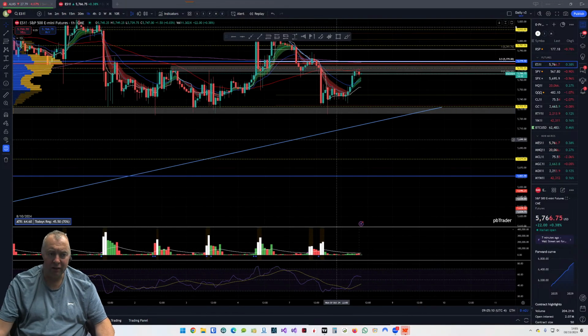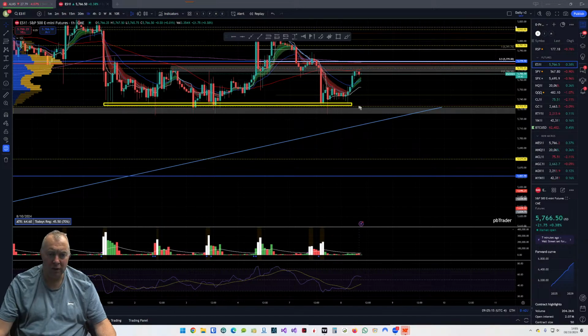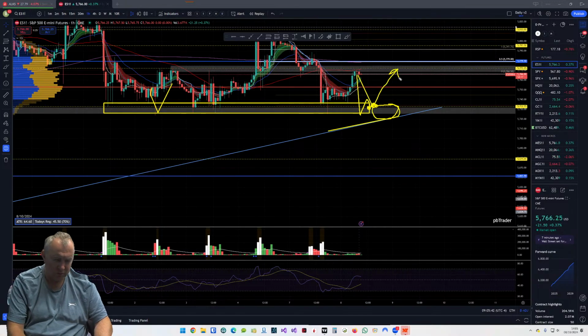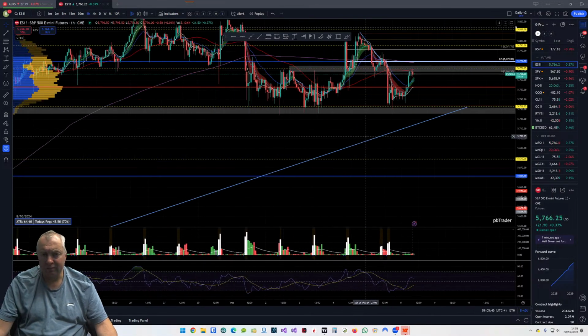If I zoom back out again, you can see we've had a lot of support below. This is an area of demand, so I'm going to watch for a bounce. If we get back down into this region, I'm looking for a bounce. We've got the trend line as well coming into this area, so this entire area is a potential bounce area. What I'm looking for, even though we had a few days where we come in as a V shape and back out again, I'm really looking for it to come in, come back, retest this area, come back out, come back into that area, and I'll be looking for the long. That's how I'll be looking to take it.